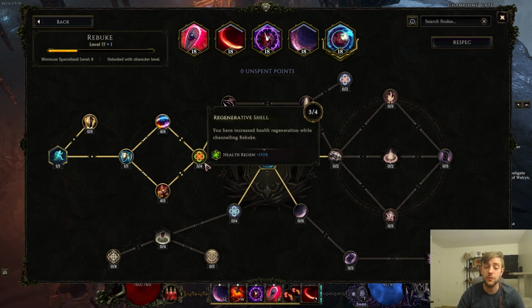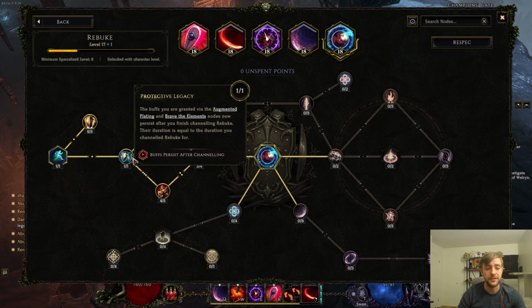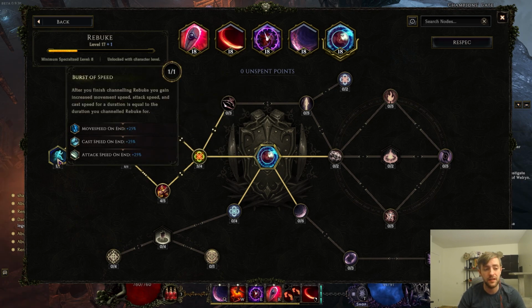Now, with that, put 2 points into Regenerative Shell so we can have some regen while channeling, and then 3 points into Brave the Elements. This will give us 45% elemental damage taken while channeling, and it's multiplicative, so it actually reduces the damage by a large amount. From there, pick up Protect the Legacy so that buffs persist after channeling,